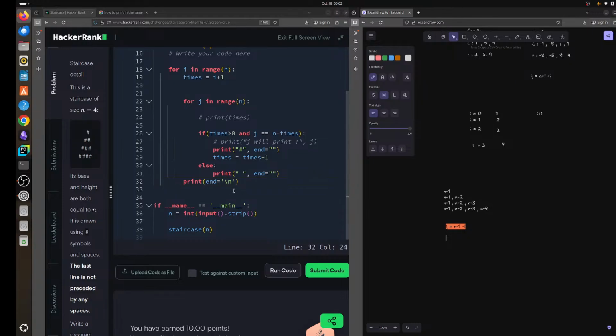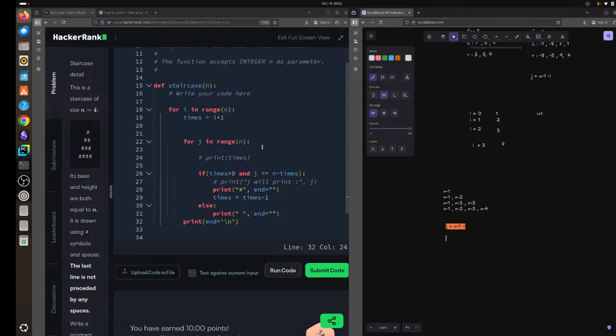If we print end equals slash n, then it will go to the next line. So these are the parts, and nothing much here. We just created one times variable because that is required. That tells how many number of times, n minus 1, to follow this pattern, right? This times is required, and times should be decreased